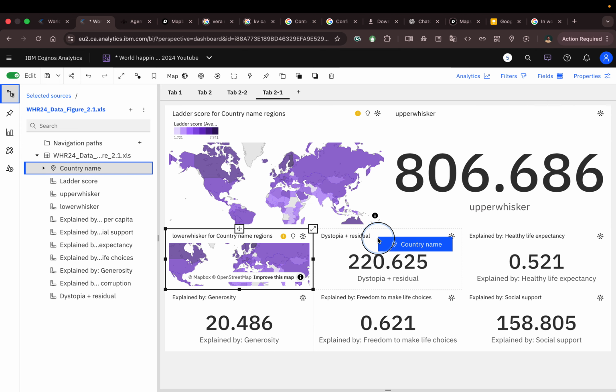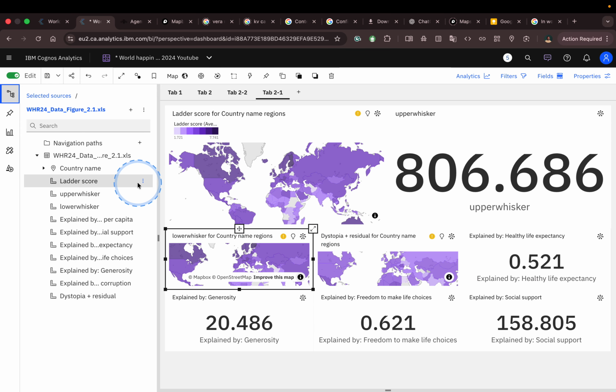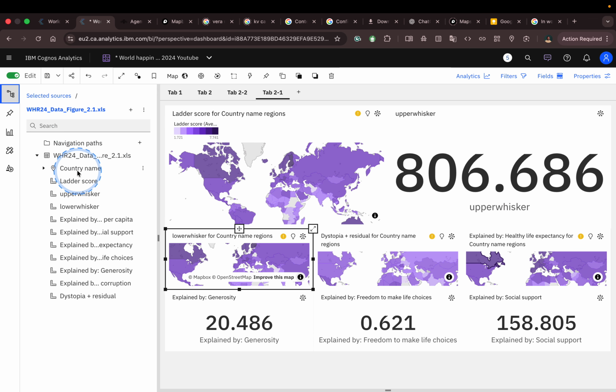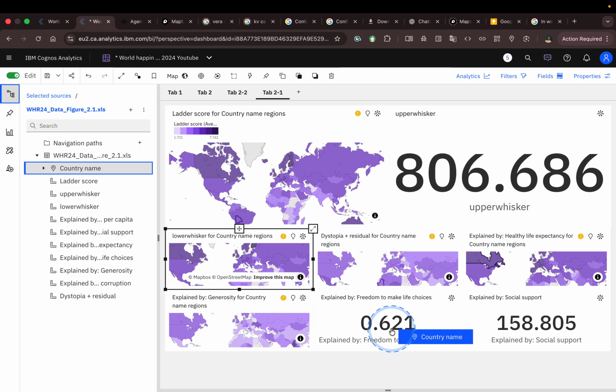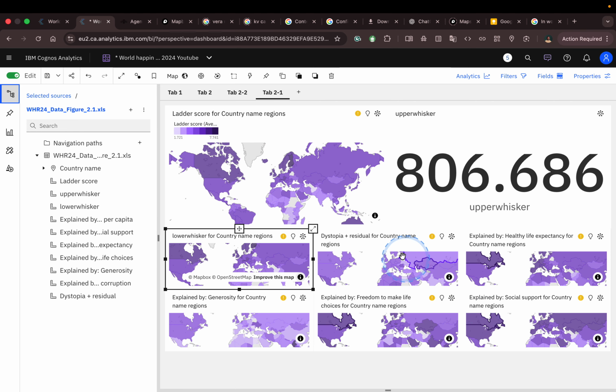We'll bring in country on dystopia. Go. Bring in country on health life expectancy. Bring in country on generosity. Bring in country on freedom to make life choices. Bring in country on social support. So we want to see some things when we get to the part for the,